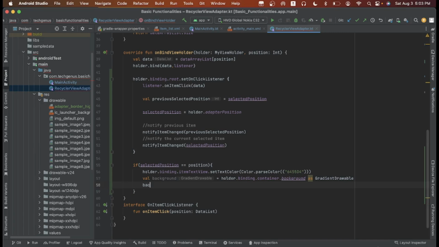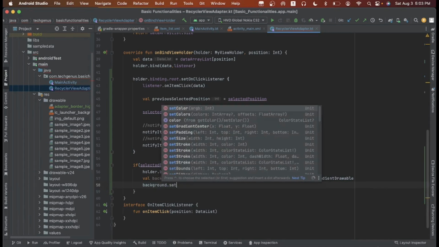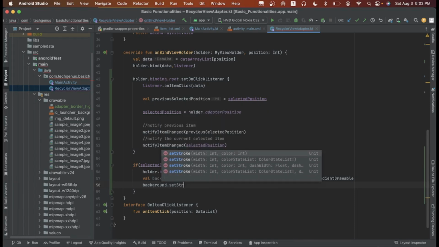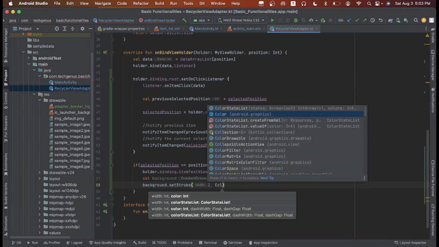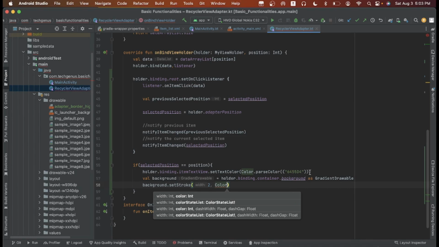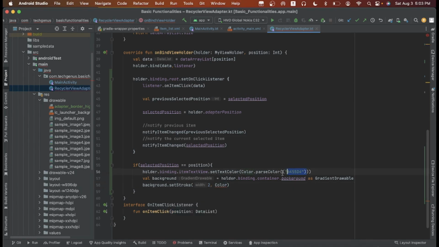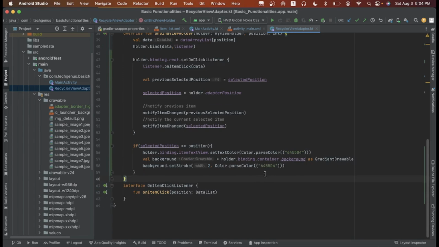The background, set stroke, with the color declared again. Let's copy this. That's it. Else, the unselected case.